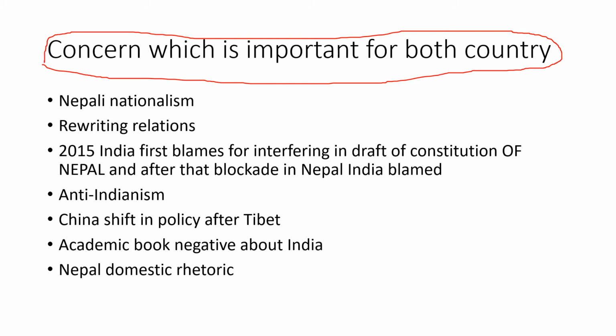They are our biggest allies from ancient times, and they will be. But what is the concern here? The Dragon is picking at his tail in both of the countries. First, Nepali nationalism. Throughout the years, when the national communist parties came into organization, they tried to destroy the situation with India, and they have been pro-China from the very start.